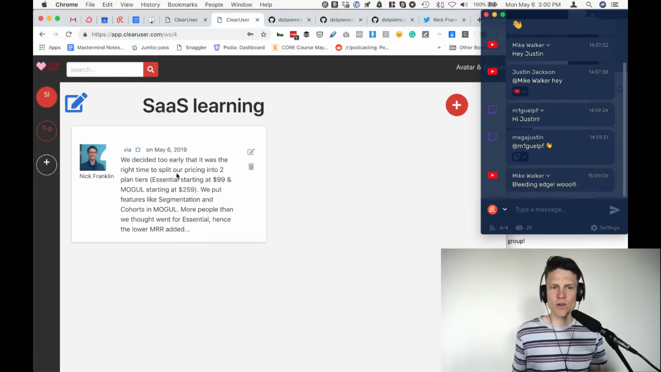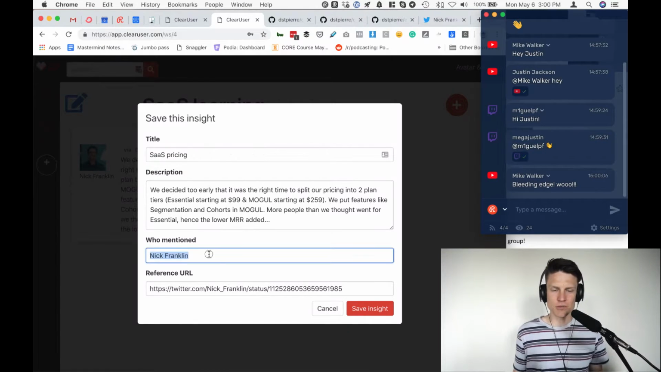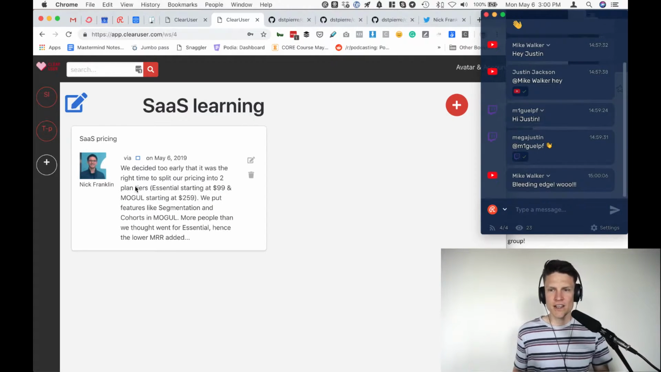See that? So the snippet is captured, and we are already pulling out some things like his Twitter avatar, and I can name this theme SaaS pricing, right? And so this is really cool. Already early on, we're pulling out metadata like, who is this person that mentioned this? What did they say? What's the reference URL? All right, so that's one use case for it, but the real use case is capturing customer insights